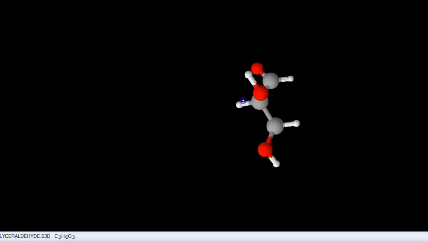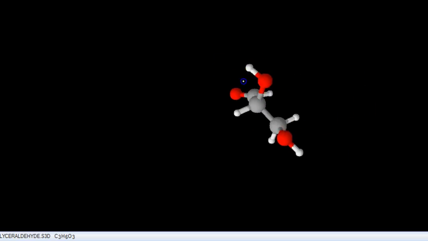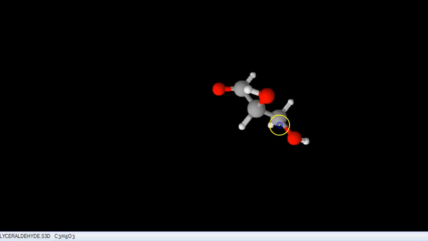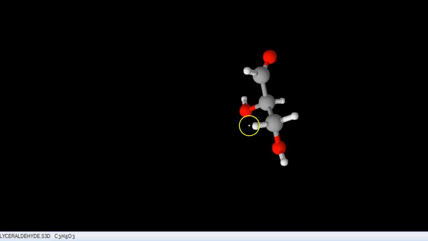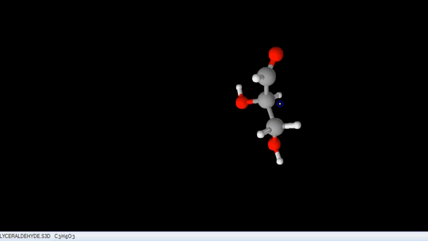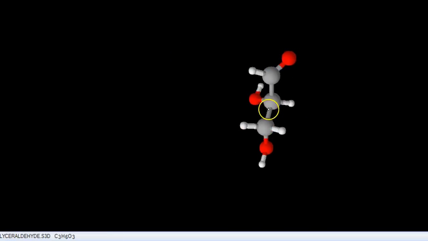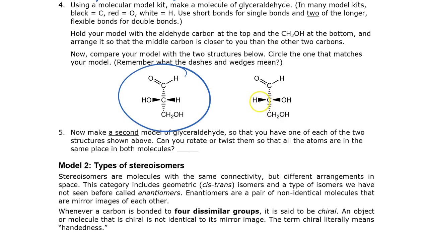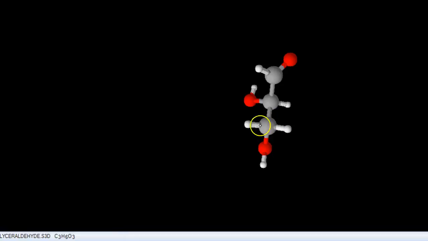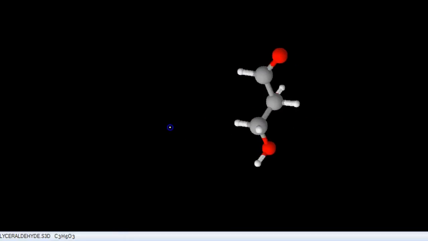So as I'm doing this, as I rotate it around, is there any way that it's putting this OH group on the left side and making it look like the other structure? And it's difficult for me to get it into that orientation. This is the best I can do, the OH on the left and the H on the right, but notice that the H pointing to the left and the OH to the right are not any longer coming towards the viewer. See how they are actually pointed away from the viewer.